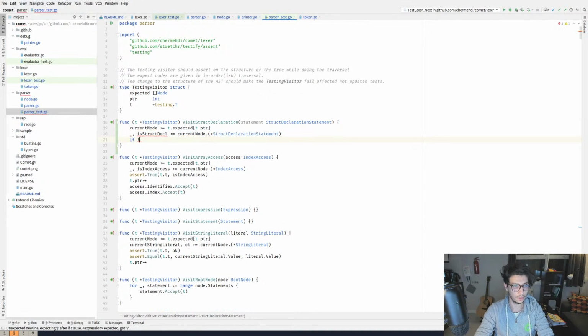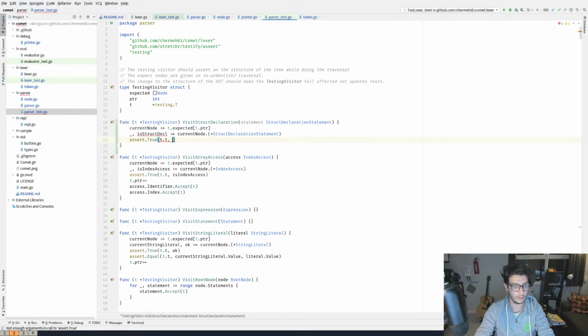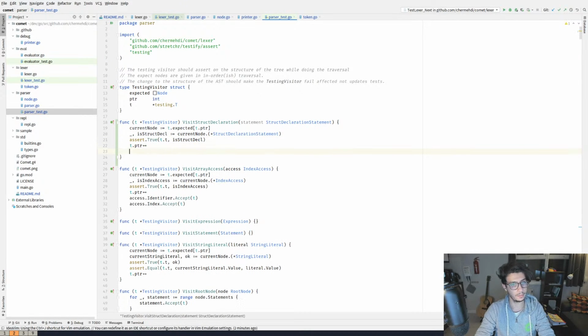If not, I'll search foo is struct, and we make sure that if we cast it, the current node actually has the same value.